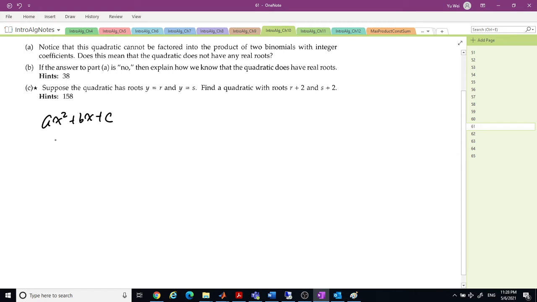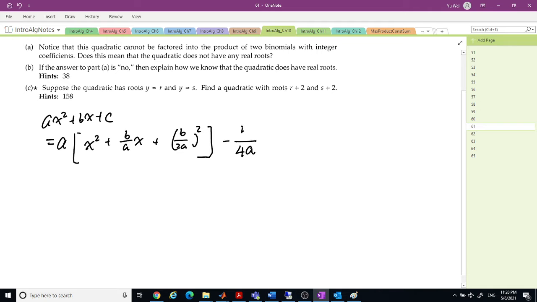Now let's take out the a. So x squared plus b over a x, right? Let's add (b over 2a) squared. Because we're adding this one, we need to take out the